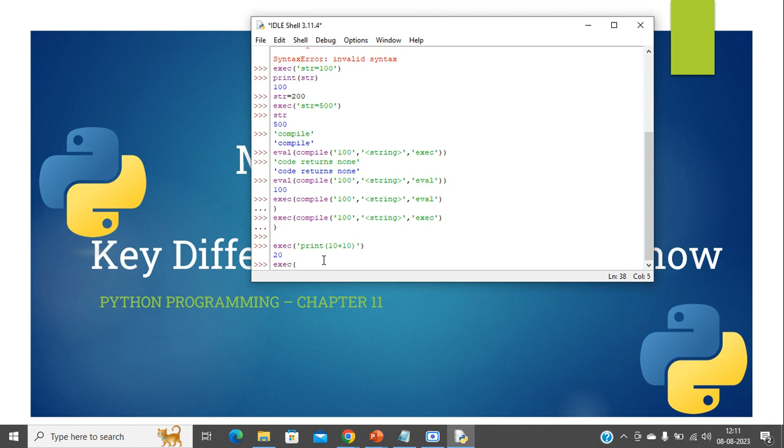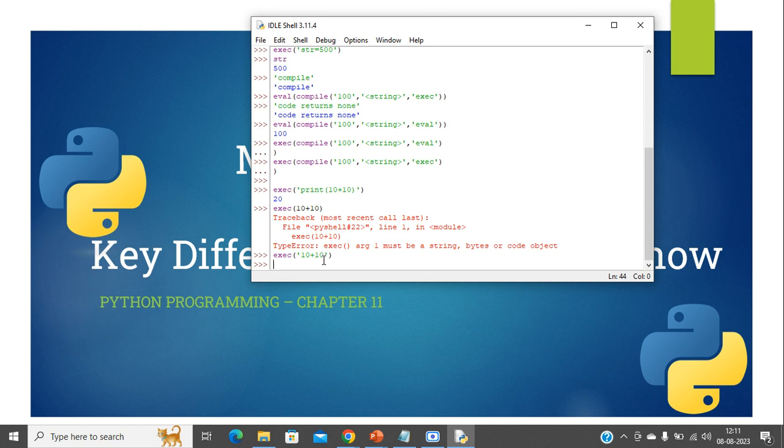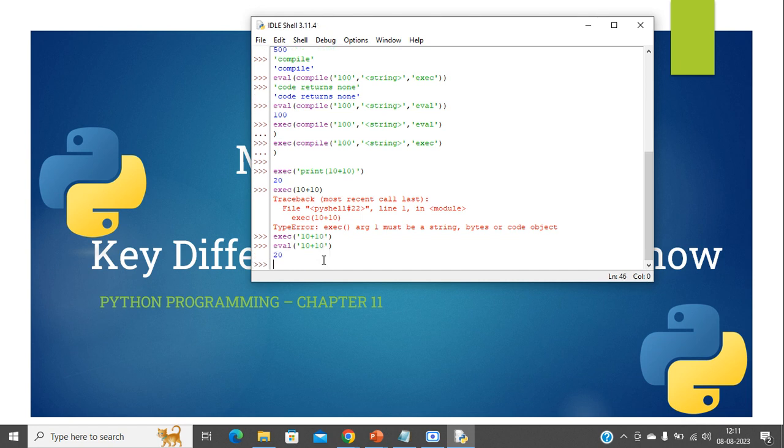Same like that, exec 10 plus 10, it returns none. But you should use print, then only it will return something. If you see here, 10 plus 10, it should return the value 20. So this is the main